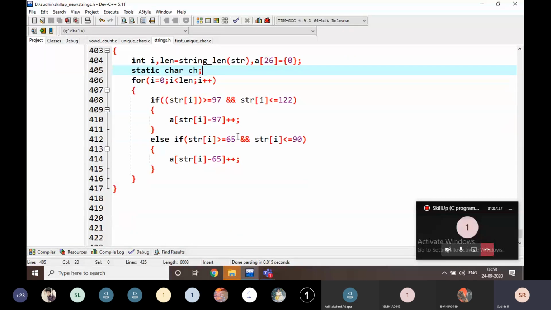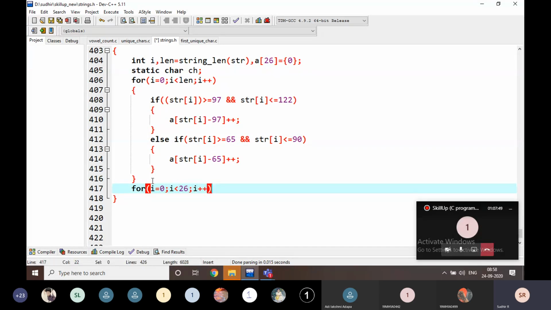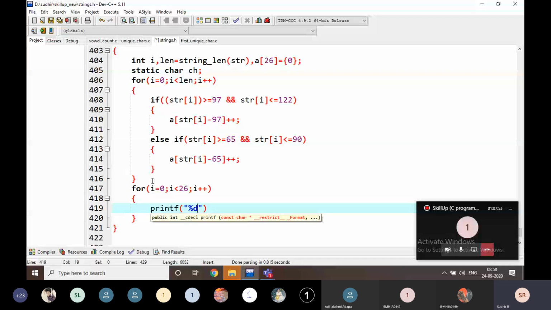What is the output here? For example, I am going to write it out again. And this is not my algorithm here, and how I am going to find it I will explain. First of all, printf %d and space comma AR of I here.